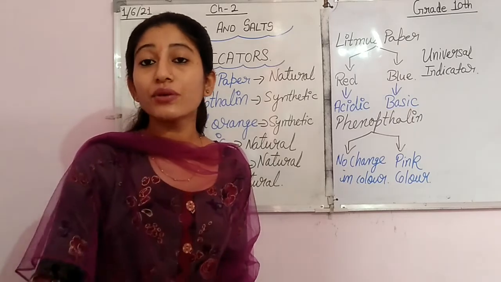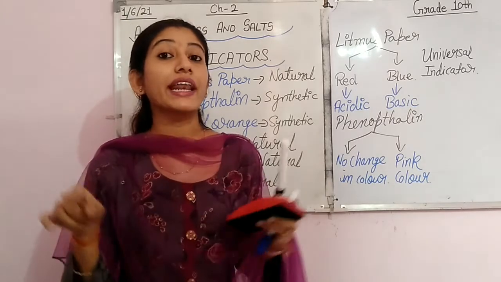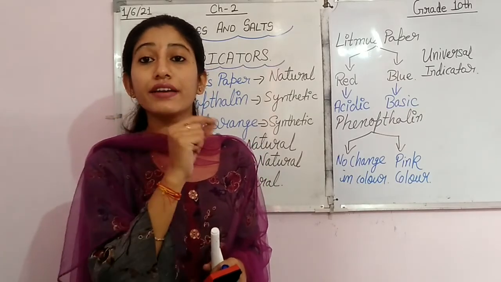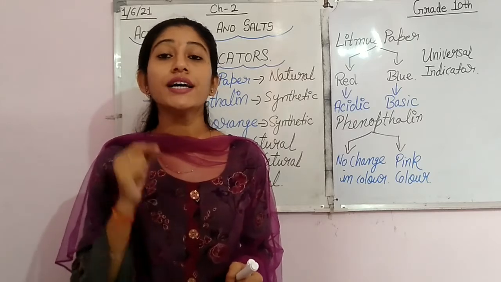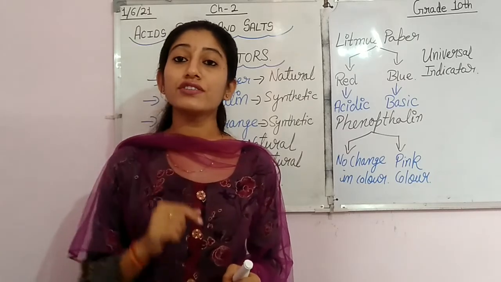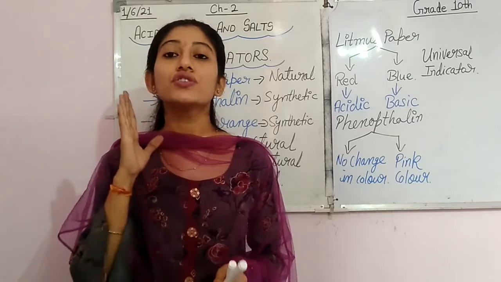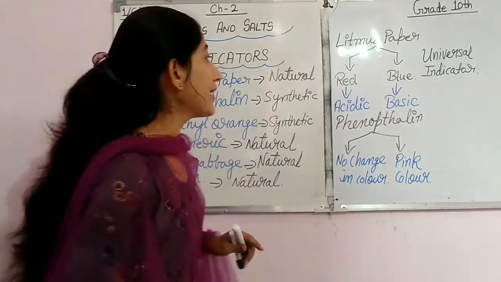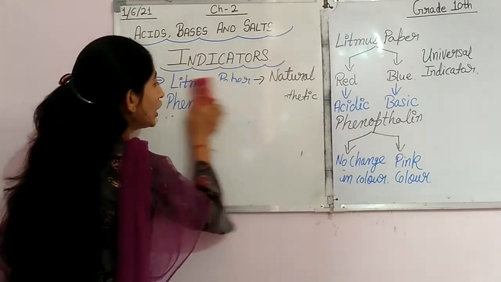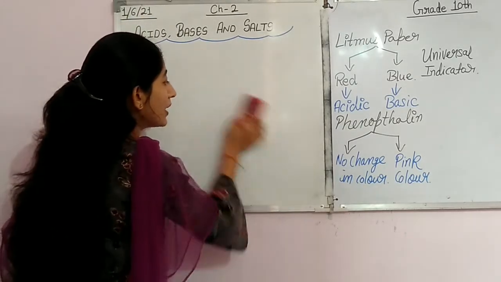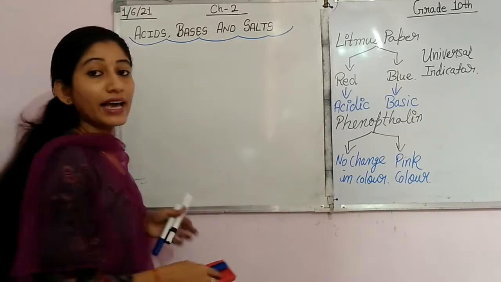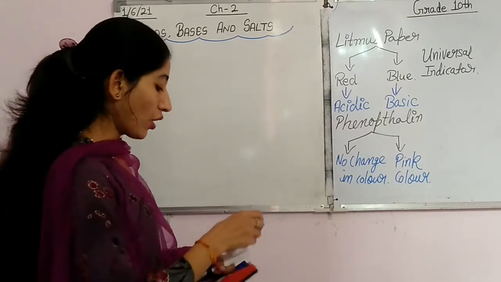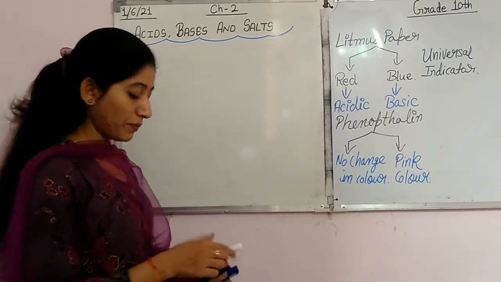Now as I said, pH paper tells us from the ranking. So how will you know which rank on the ranking scale shows the acidic nature and which rank shows the basic nature? So students, let me introduce you to the pH scale. We have one scale called the pH scale, which helps us tell whether the given compound is acidic, basic or neutral.